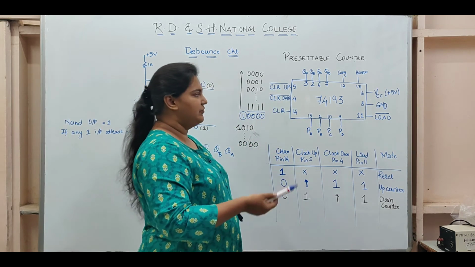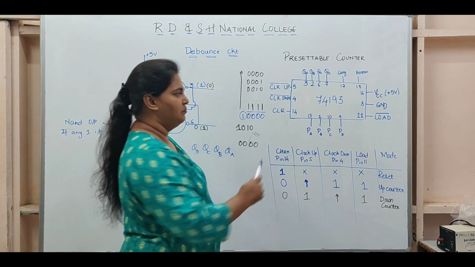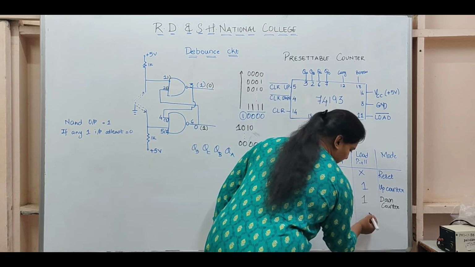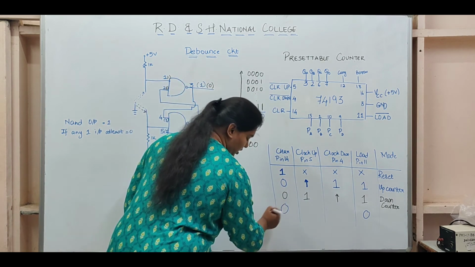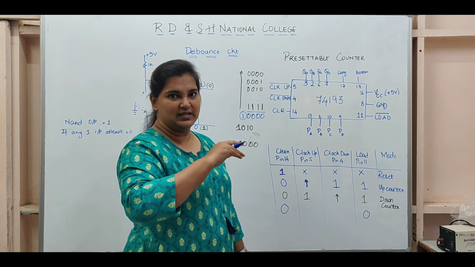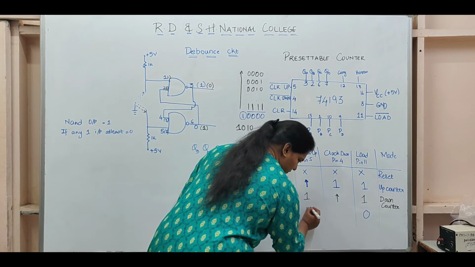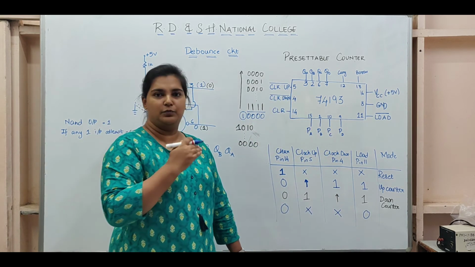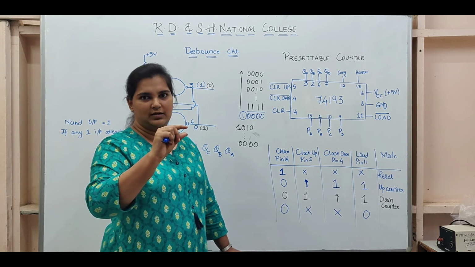The next is if I want to work with preset. So if I want to preset a value, load is active low, so I will have to hold this as 0. Obviously the clear pin has to be 0. Now when you are presetting a value, you can only preset it. It won't be in up or down state. So whatever is the situation of up and down doesn't matter. I repeat, when we are presetting any value, up and down doesn't matter. Preset will only lock that value.